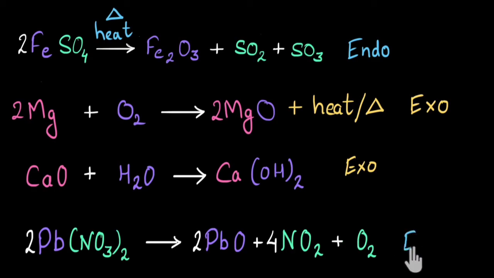Let me write it with the same color, endothermic reaction. And yes, my guess will be right because we will see in a reaction that when we heat lead nitrate, you get some brown colored gas, which is nitrogen dioxide. And in this reaction, we do not get any heat or light, whereas we had to heat the lead nitrate. We had to provide some heat. And that's why this is an endothermic reaction. Okay, with this, we have solved many examples related to endo and exothermic reactions.